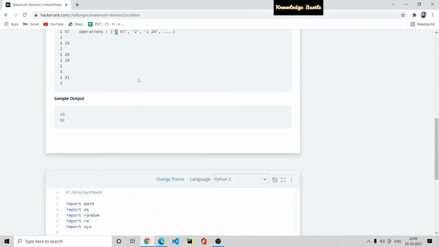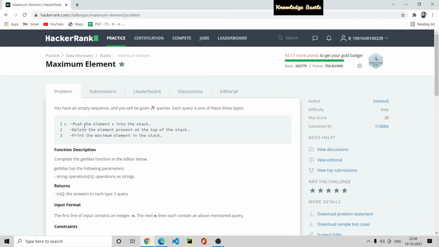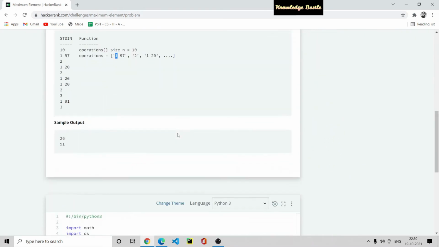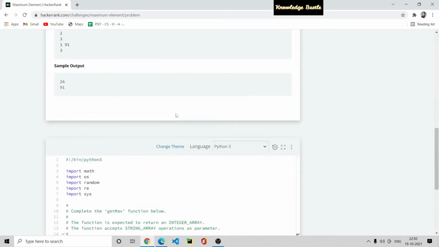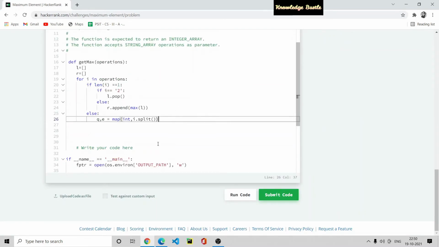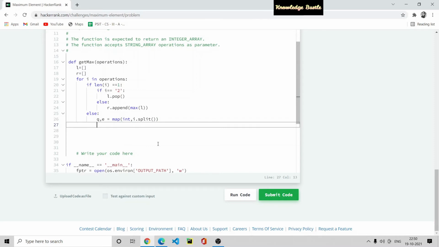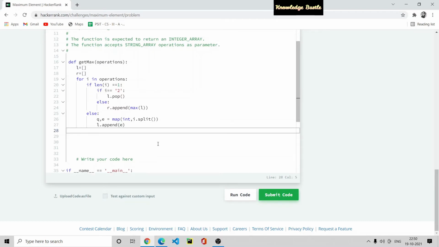Here it says that for 1 x, push the element x into the stack. So 1 97 means push the element 97 into the stack. We have to push, which means we append: L.append(e). And we return R.